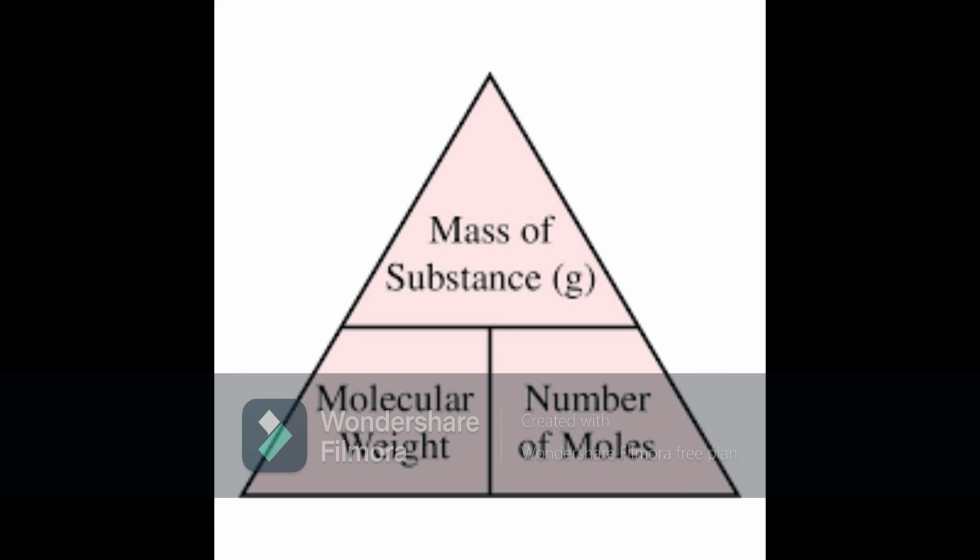When you divide the given mass by the gram molecular weight, you get the number of moles. In other words, number of moles, n, is equal to weight by gram molecular weight. Here the given weight is 52 grams. Its molecular weight, that means one mole of helium atoms, has 4 grams. When you divide 52 by 4, you will get 13 moles. So 13 moles are present in part A.